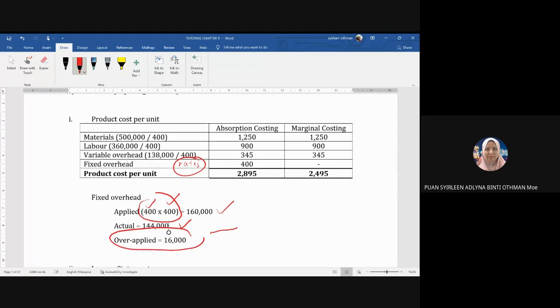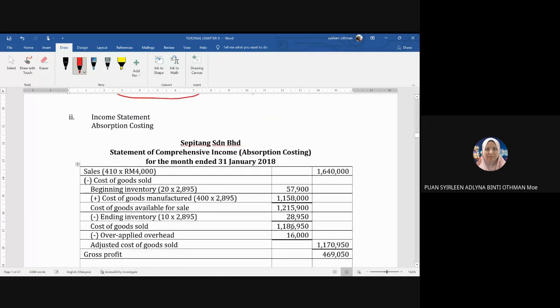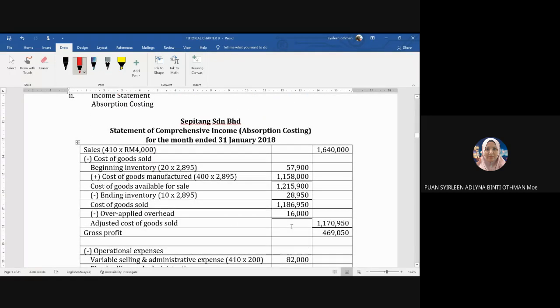So nanti bila kamu buat statement, hanya dalam absorption saja ada adjustment. Okay, tapi dalam marginal tak ada sebab the actual and the applied nilai variable dia sama. Okay, so you only have one part of the statement saja, which is your absorption saja yang ada adjustments. Okay, which is over applied by 16,000. Okay, alright. So now kita punya sales